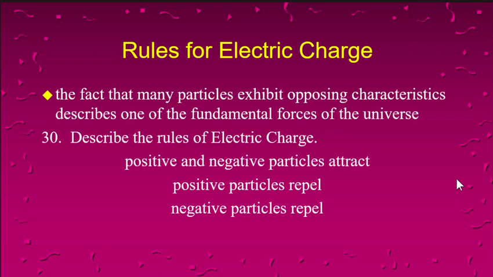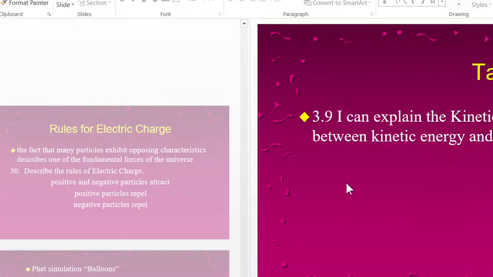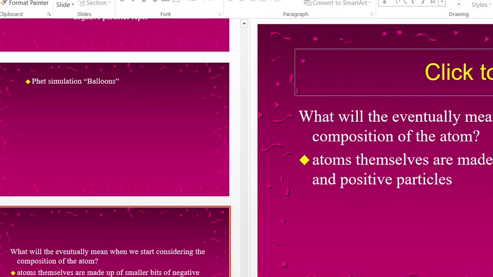Got it? What will it eventually mean when we start considering the composition of the atom, which is next chapter? Atoms themselves are made up of smaller bits of negative and positive particles. There's an interesting fact